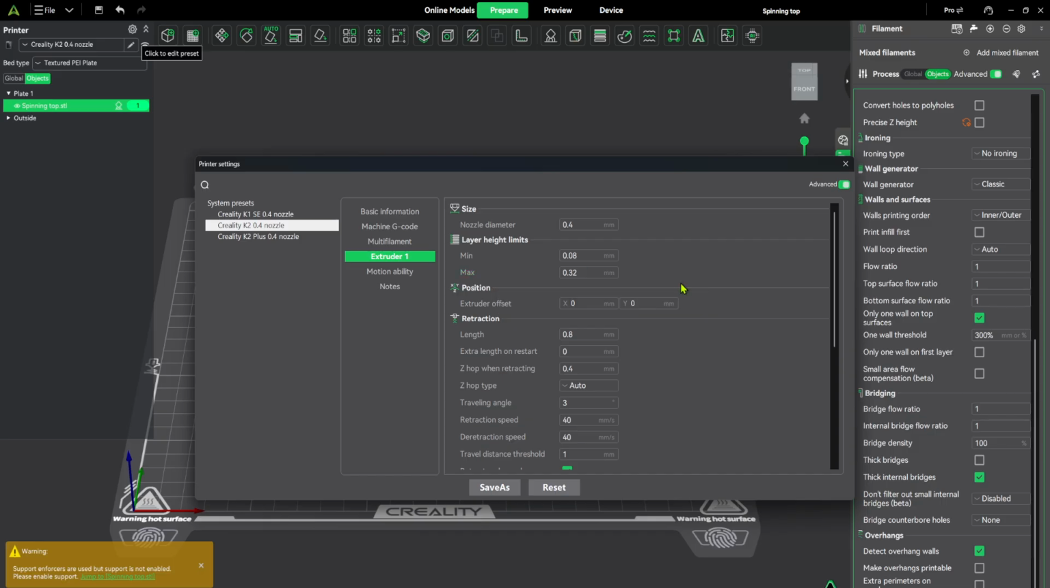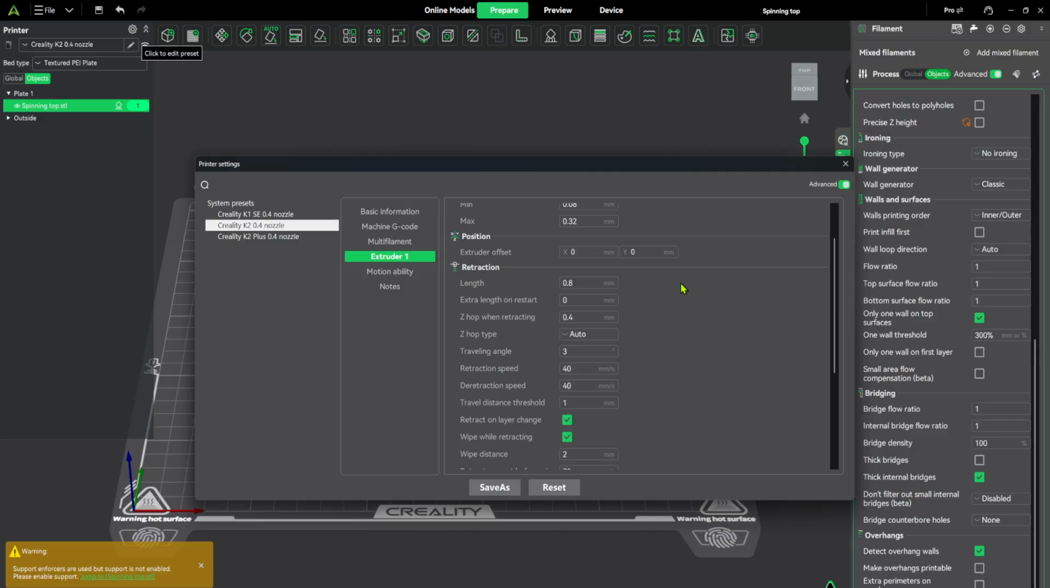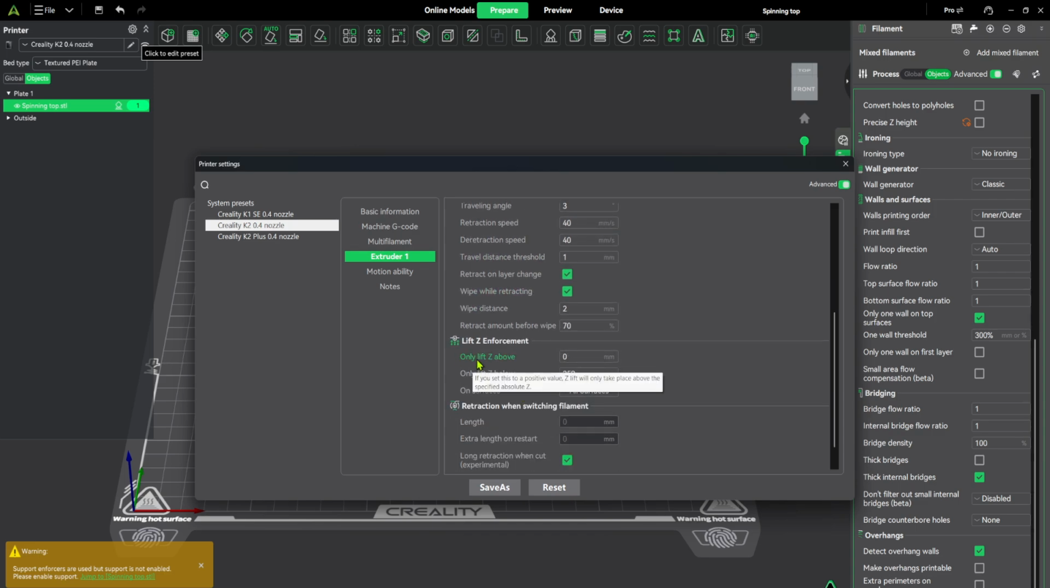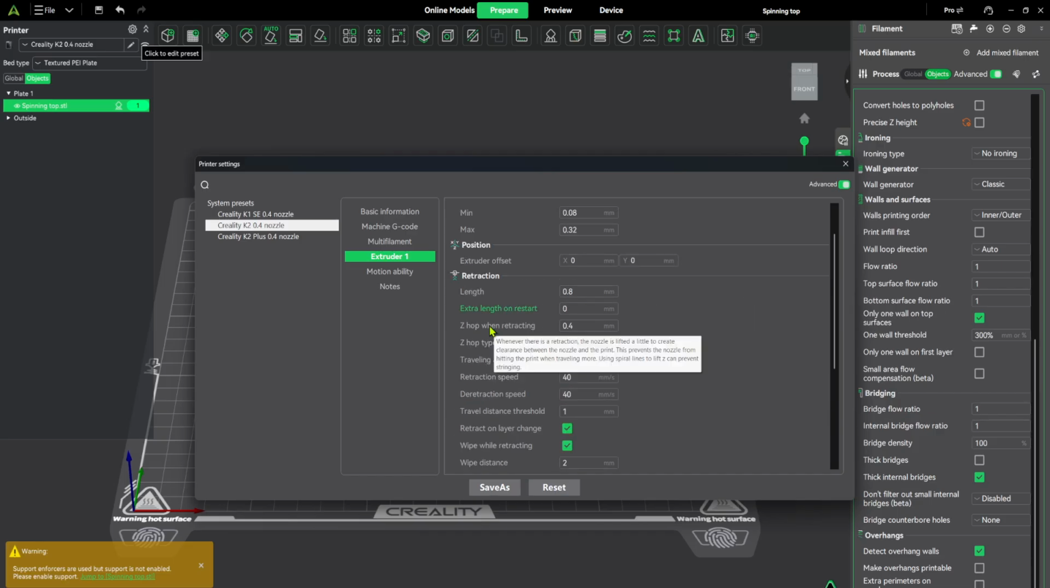And now if we scroll down a little bit, you will see Z-hop when retracting. So we have Z-hop when retracting and Z-hop type. Check the box to enable it, change the height value, and only leave Z above. Here you can adjust retracting and Z-hop type, so you can change to